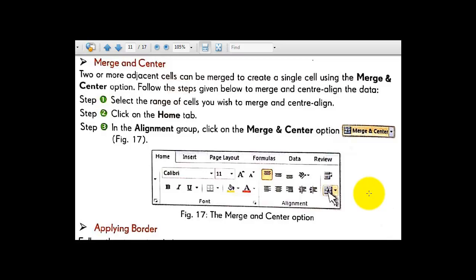Now after completing our second part of this chapter number 7, that is more on MS Excel 2010, we'll continue our third video session class of chapter number 7, more on MS Excel 2010. Now in the last class we have completed up to alignment. Okay, some formatting techniques we have done. Now let's continue our chapter with the next topic, that is merge and center.